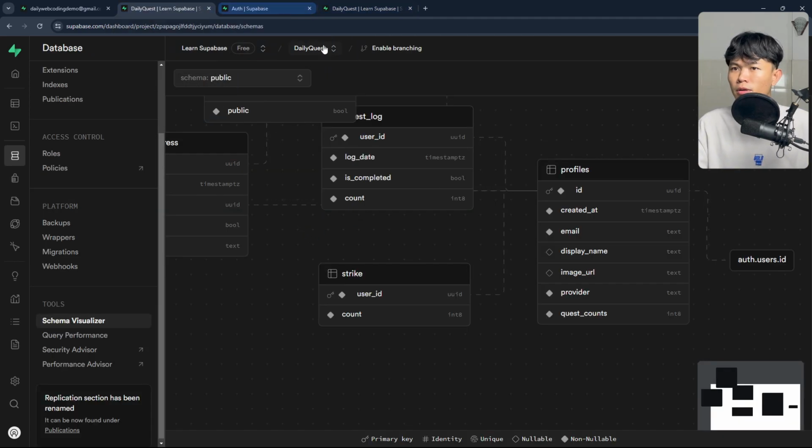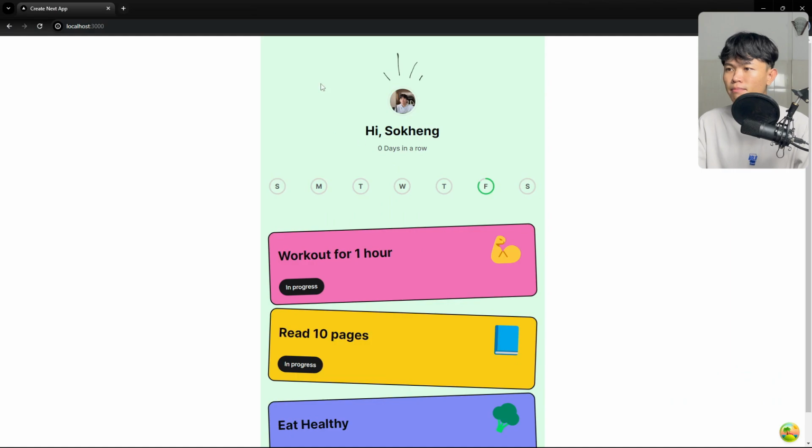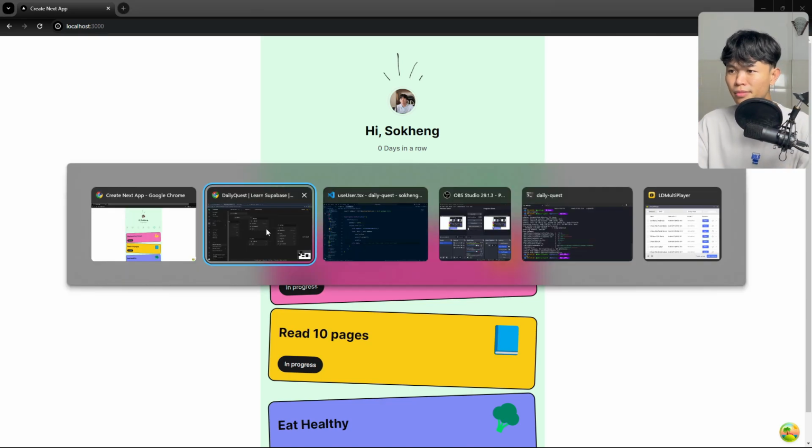Yeah. So that's finished, this component profile right here. So right now let's take a look at the calendar right here. I think the calendar is the one I spent the most time trying to implement. So let's see my thought process on this one, and don't forget to give me feedback as well, okay?